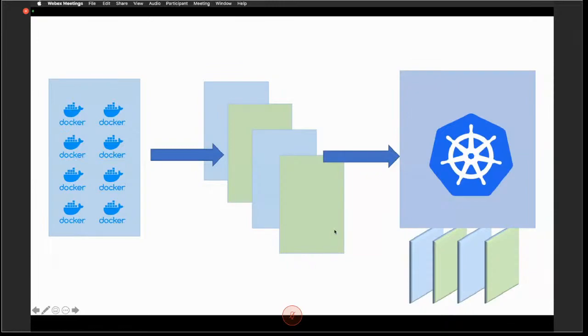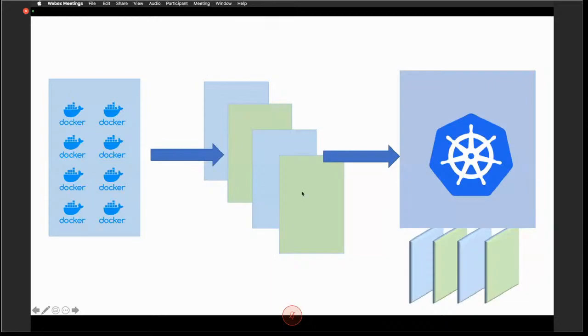So essentially, we needed a system where the underlying layer, the layer at the bottom where all these containers are going to run, should allow us to scale the system across multiple servers.